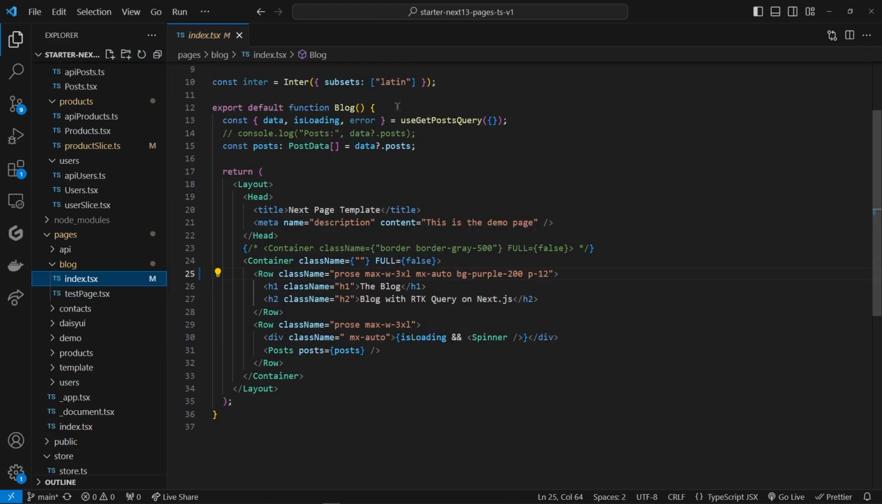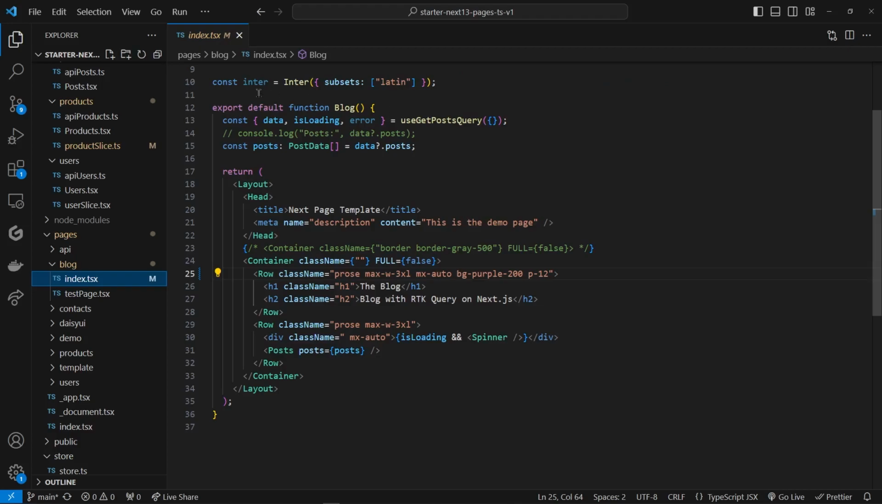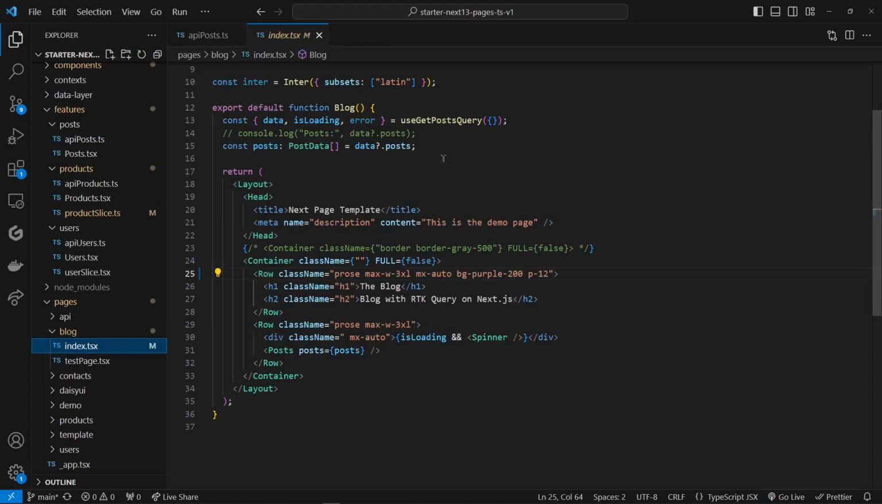And in here I'm using that useGetPostQuery, which I found in here because based on this query, getPost, createApi will create a nice little hook for us, useGetPostQuery, and this is what I'm calling right here, useGetPostQuery, to pull the data in. And by default it gives us access to the data, isLoading, error, etc. And from this data